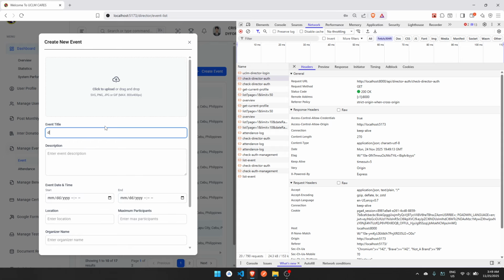In the network tab, we can see all the API requests coming from our front end to back end. We can check here the status of the response, if it is a success, failed, or 500 for internal error.